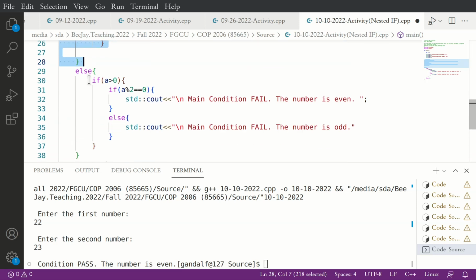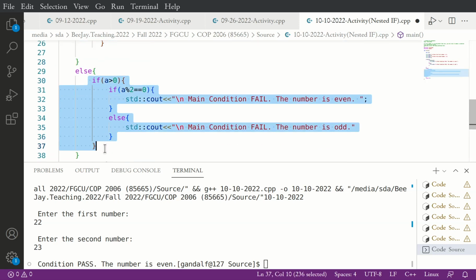So it is going to move into the block in else. Lines 30 through 37 will test if the number is bigger than 0. Well, if A is not bigger than 0, in other words, if it is equal or negative, it has to do nothing. Yes? If you enter a number greater than 5, it is going to test